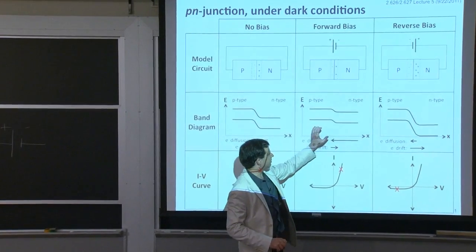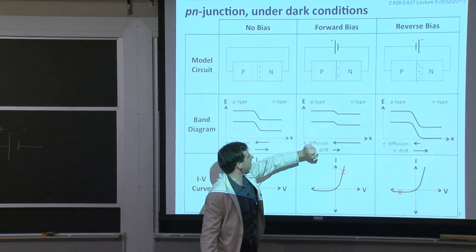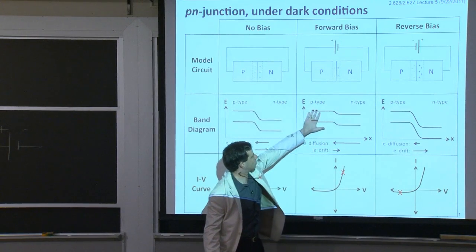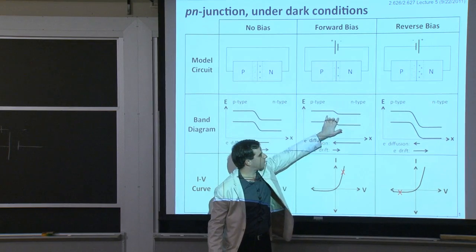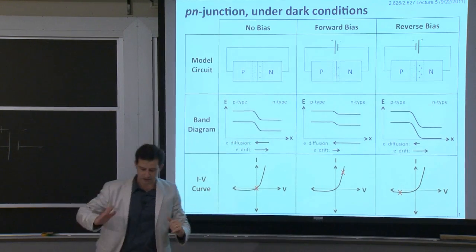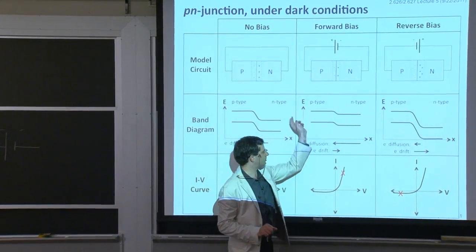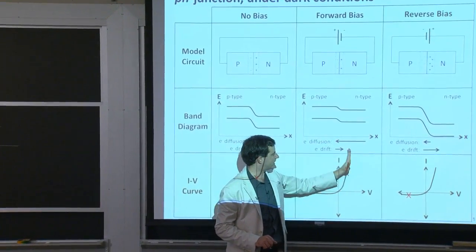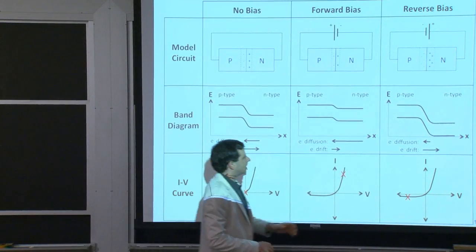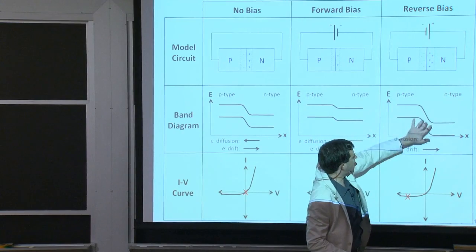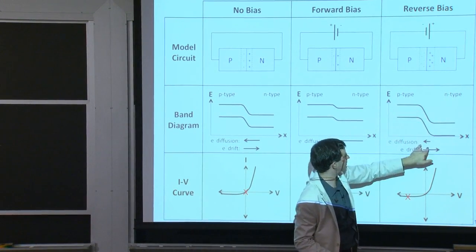Under forward bias conditions, when we reduce the barrier height between the N and the P-type side, we're now allowing that diffusion current from the N to the P to take over. And as we reduce the barrier more and more and more, we have this exponentially increasing density of electrons flowing through our system. And that's why we have this exponentially increasing curve here. As we reverse bias our device, we're increasing the barrier height for the electrons to pass over. So our diffusion current